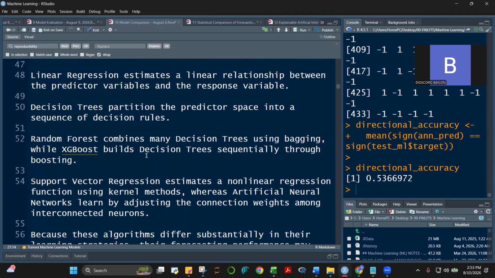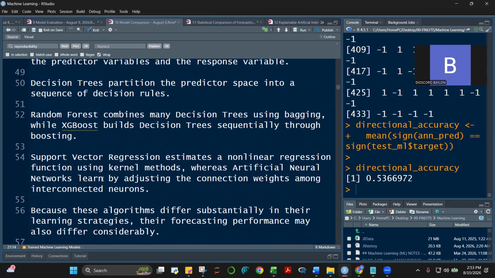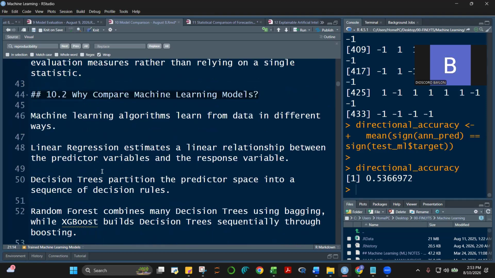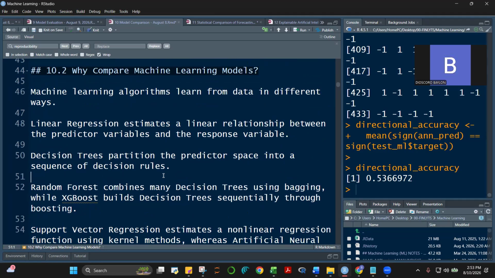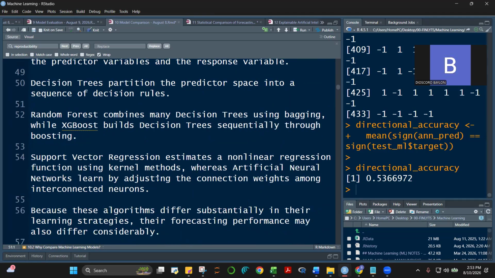Then random forest, you have several trees. They give different results, and then the final result is just the average. And then XGBoost, there's no XGBoost here, sorry. In the XGBoost class, sorry, I didn't put XGBoost here. XGBoost also uses trees, but our trees are sequential. In random forest, the trees are independent. And then last time we discussed SVR, support vector regression.